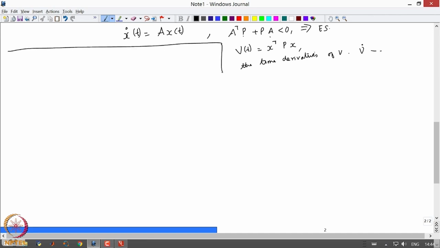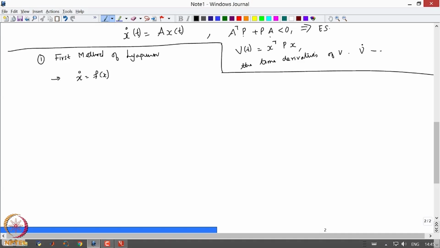So, if we digress a bit and look at some literature on how they prove stability in the nonlinear case, the first one is what they call the first method of Lyapunov. This essentially involved linearization of the nonlinear system, as we saw. So we start with a nonlinear system, x dot is f of x, and we have some linearization, delta x dot is A delta x, and